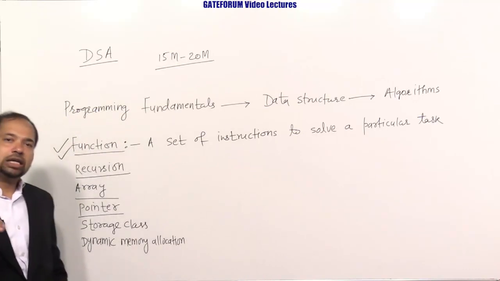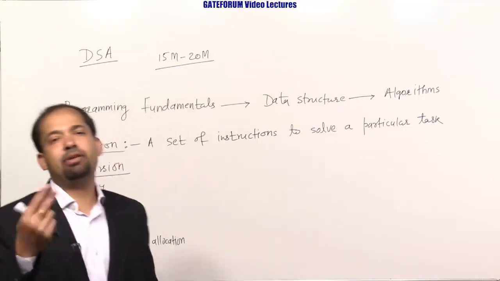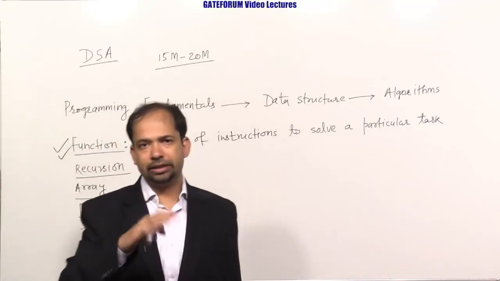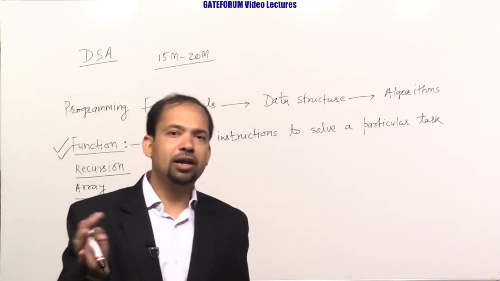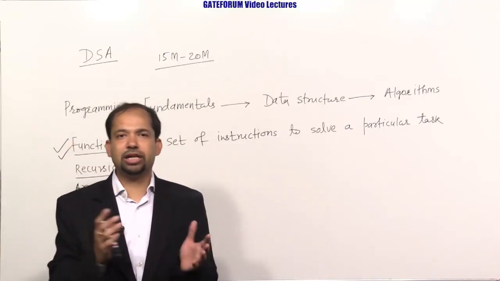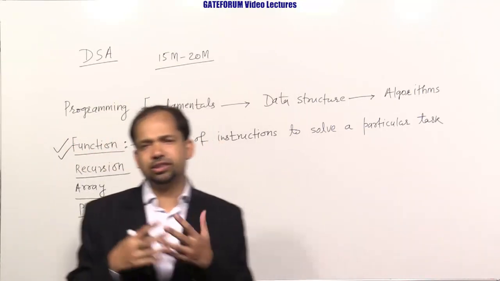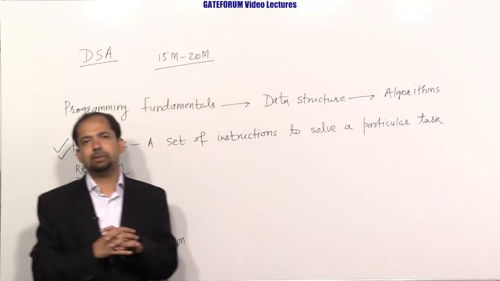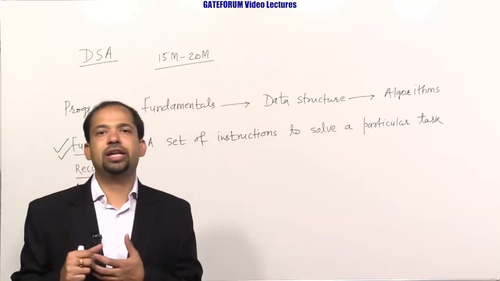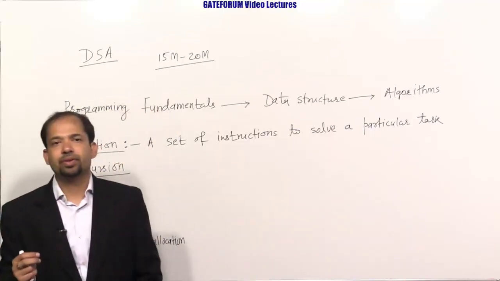Suppose I have to find the largest number among three given numbers, so we can have a function for that. We need to pass three numbers as input to that function, and after doing certain computations we can return the largest number. We can also have a function for computing simple interest. It's the simplest example. From a given principal amount, the rate of interest and the duration in years, we can easily compute the simple interest and return it back.